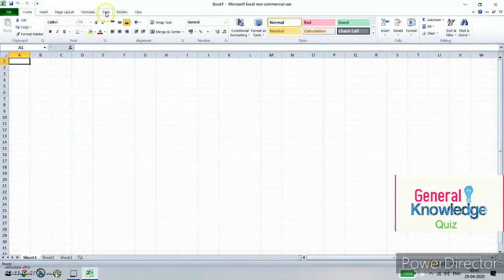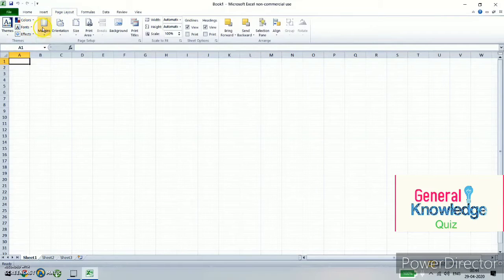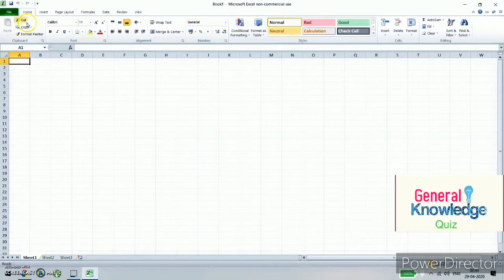All of these are called tabs. If I click any of these tabs, such as Insert or Page Layout, down below it opens a number of commands which we call the ribbon. If I click on Page Layout, the commands open. Now I come back to the Home tab, and down below you will find the ribbon is open.